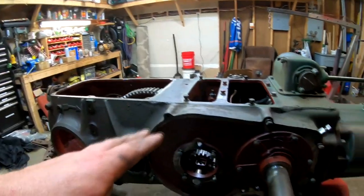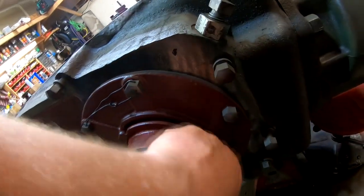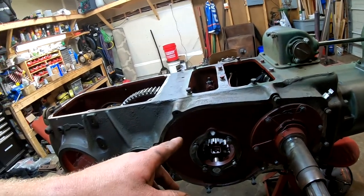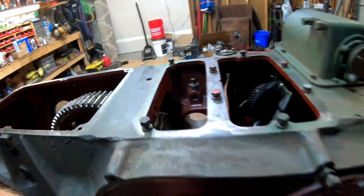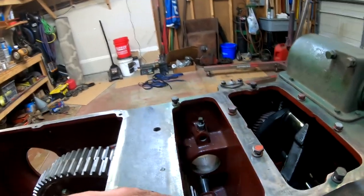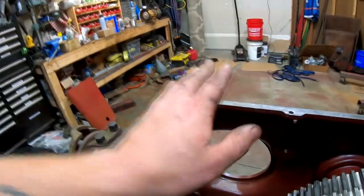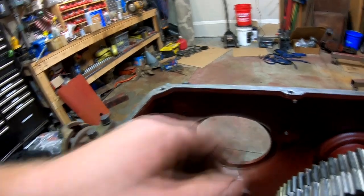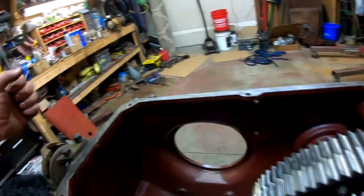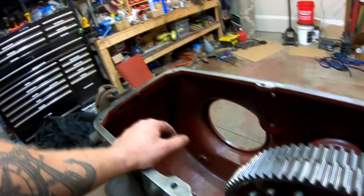So next, what we're waiting on are the felts for the main bearing carriers. There's a felt that goes in here, and same on the other side. So we're waiting on the felts for that. And once that's done, the first reduction gear and sliding gear assembly can go in. Then we can put the shift rail in, but I don't want to put the shifting lever in until we get the rear axles and everything, chains put in here, because we want this extra space for working room. So we're going to wait to do the shift lever itself until we get the axles in, which housings and